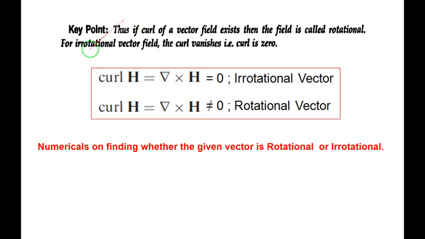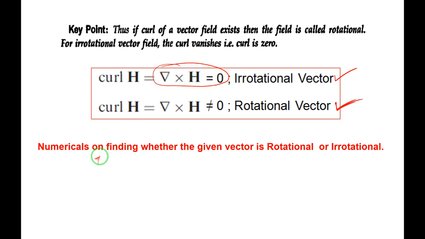One more thing. A vector is said to be a rotational vector or an irrotational vector. It is a rotational vector if the curl of that vector exists, meaning the curl should not be 0, it should have some value. If it has some value, then that vector has a rotational effect. The curl can be applied to any vector having rotational effect, not only magnetic field intensity. If the vector has no rotational effect, it is an irrotational vector, then curl of H is equal to 0. It vanishes.